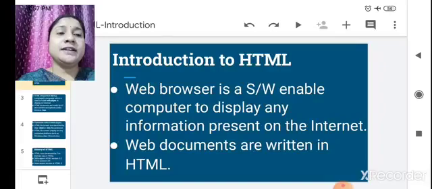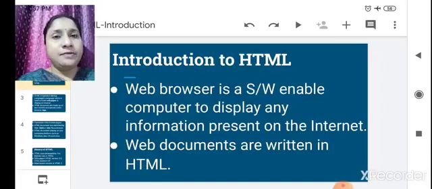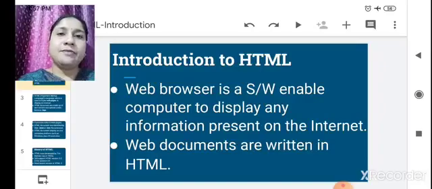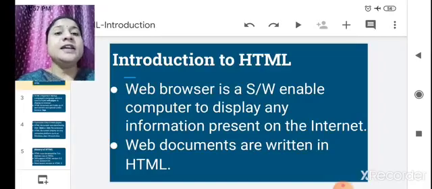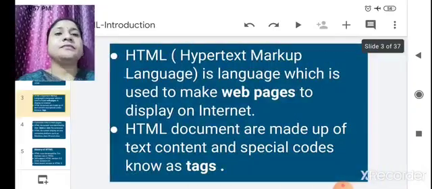Web documents are written in HTML. When you open Chrome, you see Google. This Google is nothing but the web browser. In which language are these web documents written? They are written in HTML.